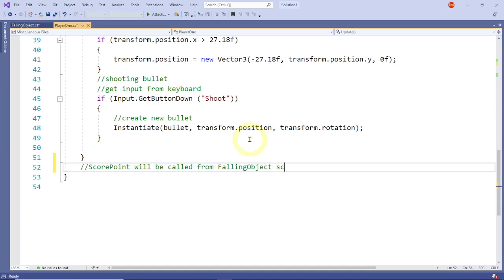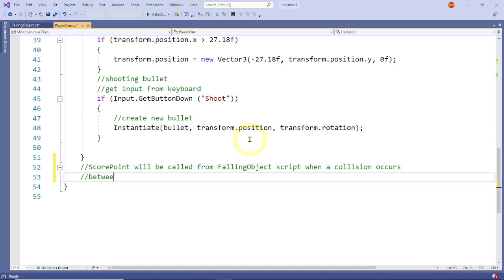Script when a collision occurs. Okay. Let me keep going on my comments. I don't want to stretch all the way out. Between a bullet and a falling object. Right there. Okay. So now let me go ahead and create the void function